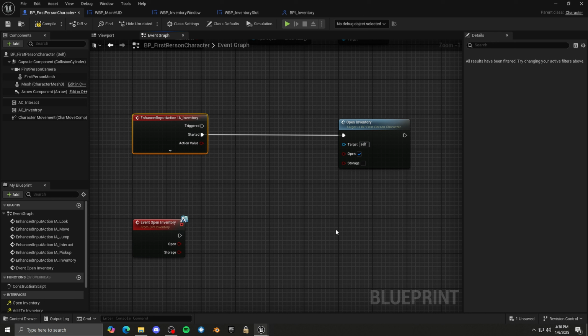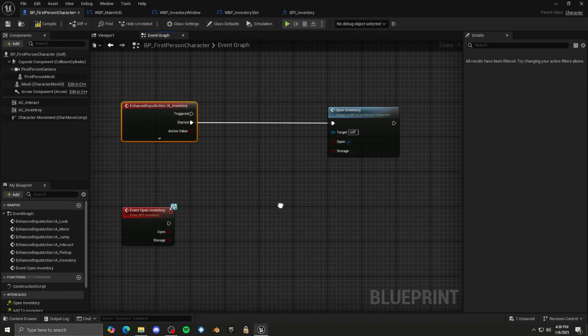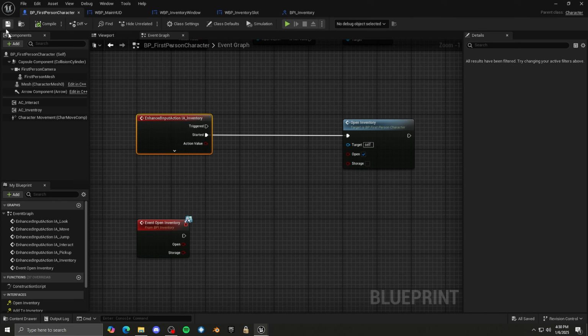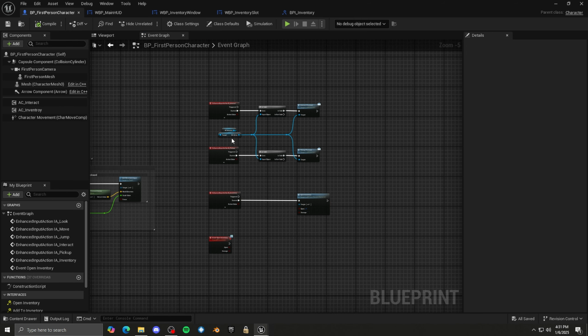Next time we're going to make an open inventory function. Next time we can start doing all the functions for the inventory, but we had to get the widgets out of the way here. I'm going to compile and save that, but we did get a lot done. We got all the widgets made. I think that's going to be where we're going to leave it